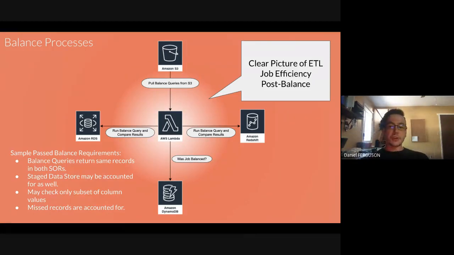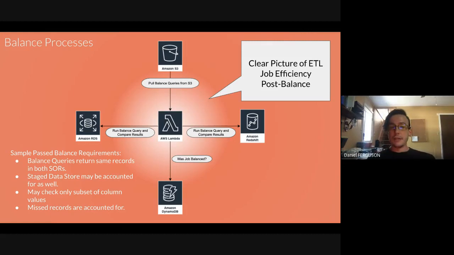So balance tries to solve this problem, and there's a lot of different ways it could work. I've heard stories of people writing thousands of lines of business logic queries, very complicated queries that do checks against two separate data stores to make sure that the data lines up. And that data may not always be string comparison. It may just be checking to see if a transformation has run effectively. And for OLTP databases, this could be really, really complicated.